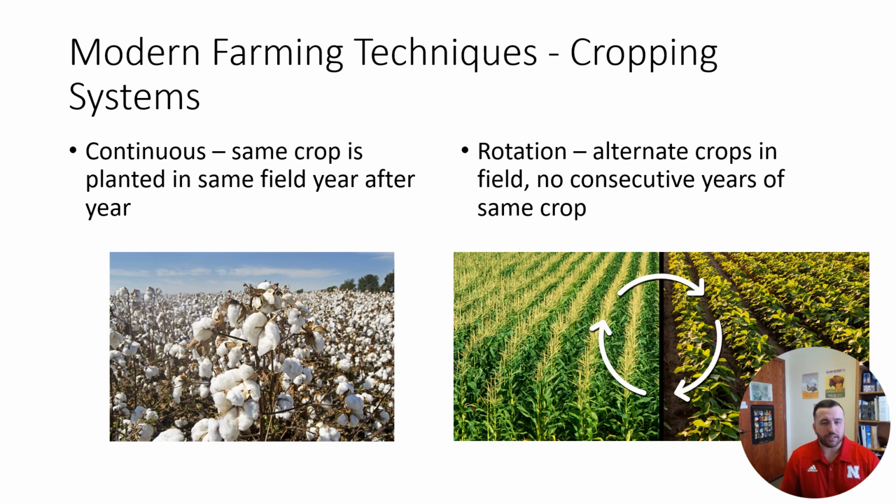So that brings us into modern farming techniques. So cropping, we're going to talk a little bit about cropping systems. So as I mentioned earlier with the Dust Bowl, the major cause of the Dust Bowl was through continuous cropping. And this is when the same crop is planted in the same field year after year. Because of that same cropping and same intensive tillage practices within those fields, the soil gets worn down and depletes